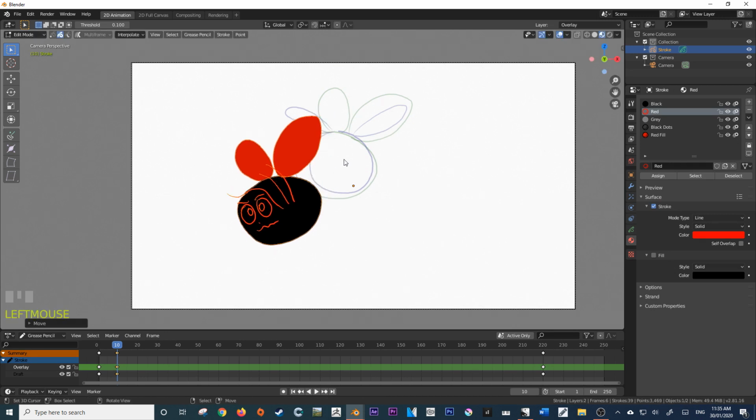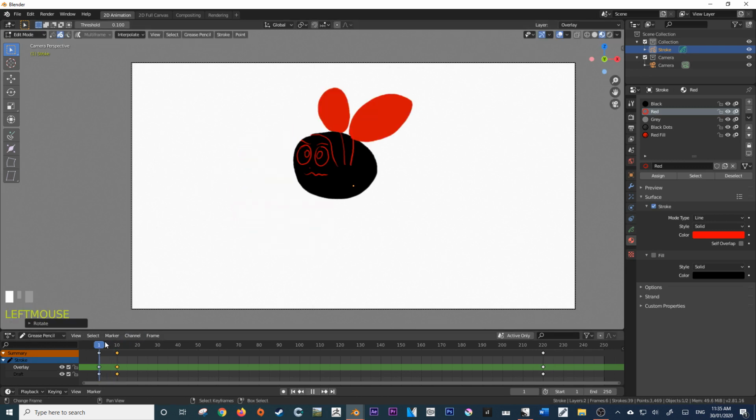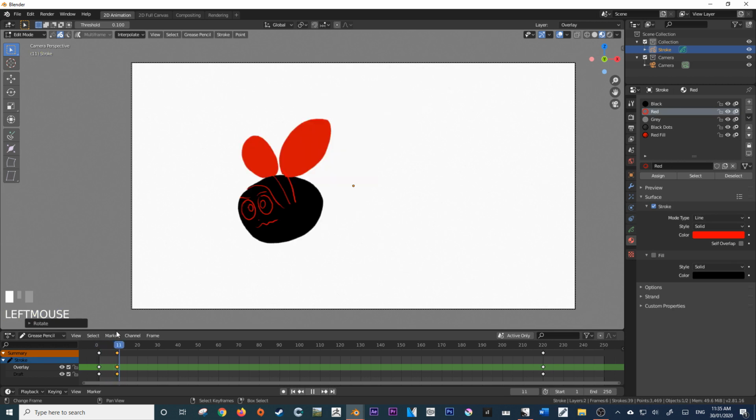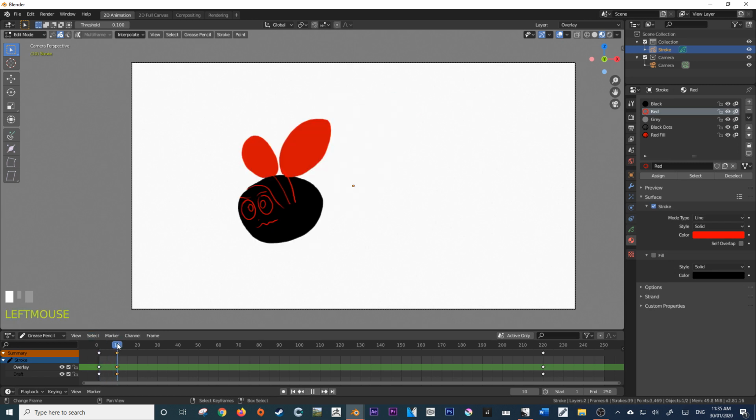And then I'm just going to put it over here. And now we have some movement. We didn't have to redraw anything. All that we did was duplicate this keyframe, put it over here, go into edit mode, and then manipulate all the points by pressing A to select all, and then moving it with our basic transformational tools. If you also would like, you can bring up the transformational widgets over here on your toolbar, which you can bring up by pressing T.